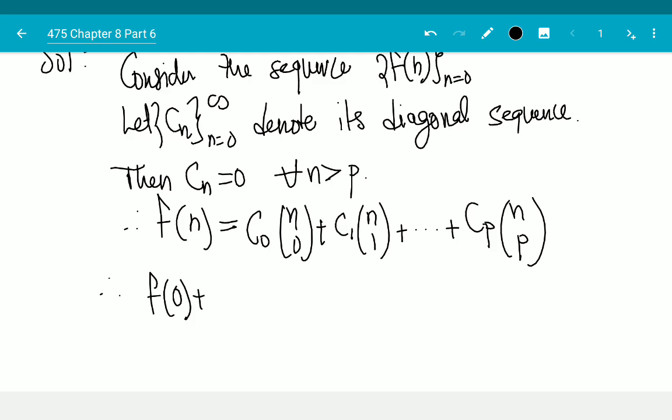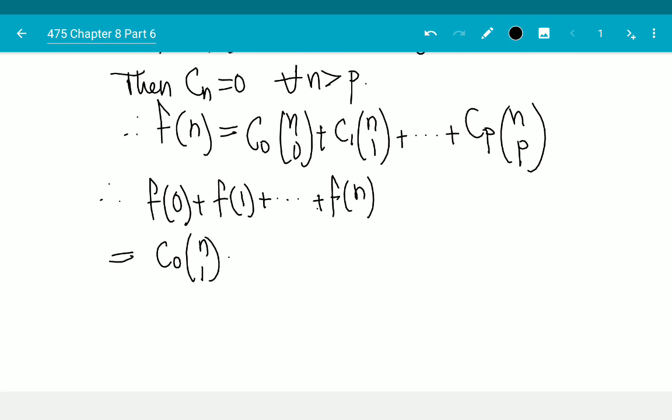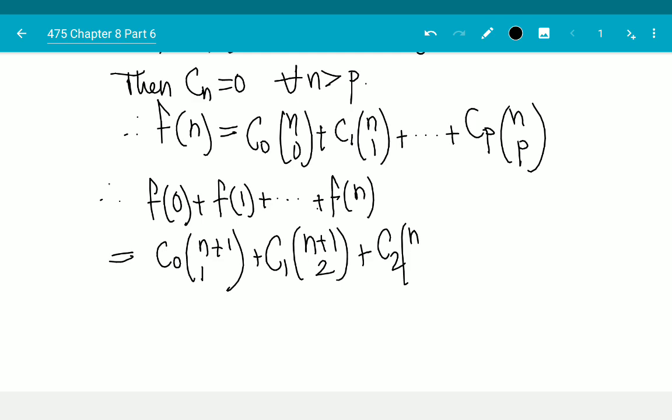And therefore f0 plus f1 plus dot dot dot plus fn is equal to, by exactly the same logic as before, C0 times n plus 1 choose 1 plus C1 times n plus 1 choose 2 plus C2 times n plus 1 choose 3 plus dot dot dot Cp times n plus 1 choose p plus 1. Okay,